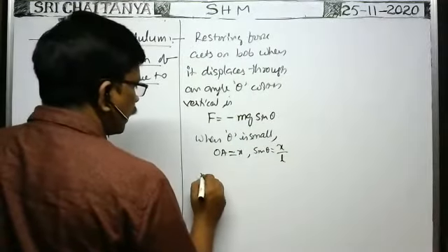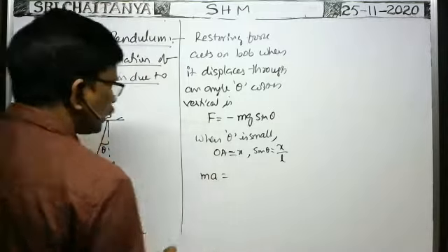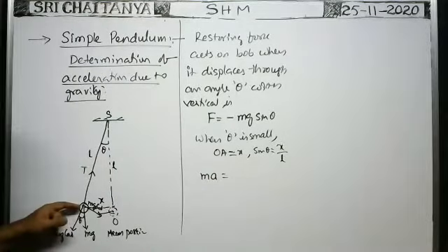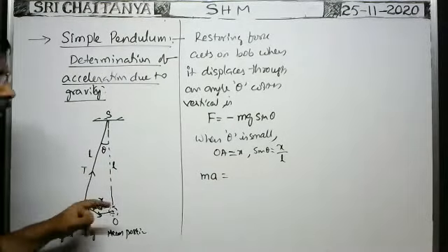F means mass of the bob into acceleration of the bob, because the restoring force acting on the bob of the pendulum is equal to ma, which is equal to